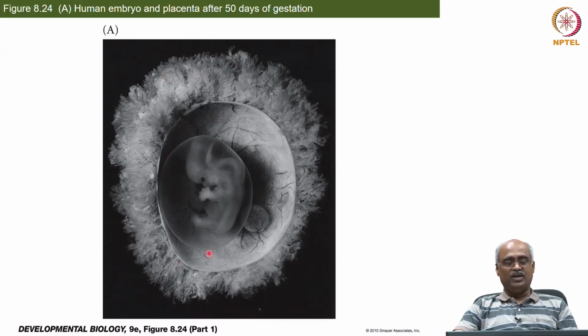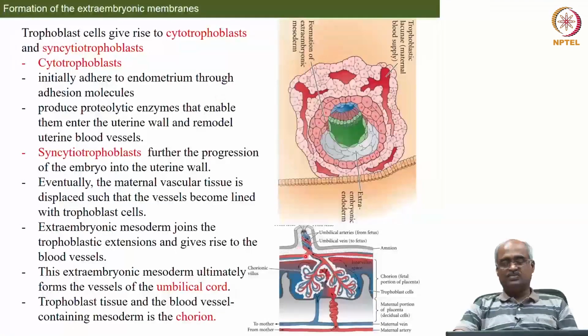So this is the amniotic sac, inside which you see the embryo, and this is the trophoblast cover, and this is the chorionic villi. Okay, so this portion that you see here, formed by the extra embryonic mesoderm, is what forms the chorion. So this portion is chorion, along with this trophoblast cell layer as well, and the mother's